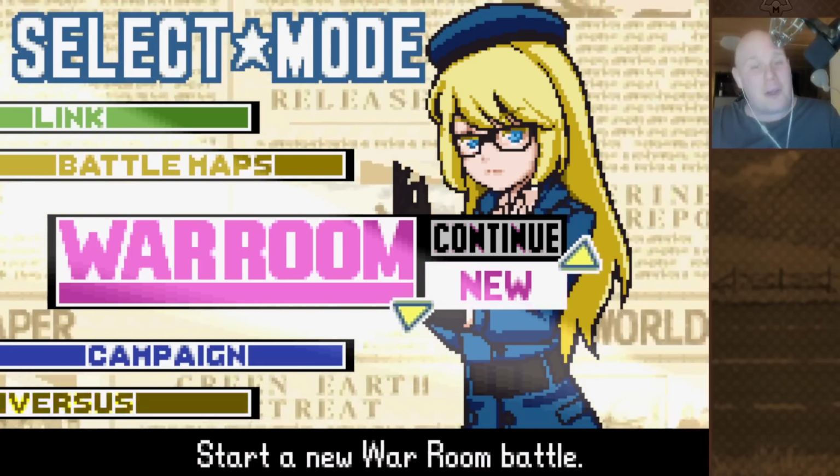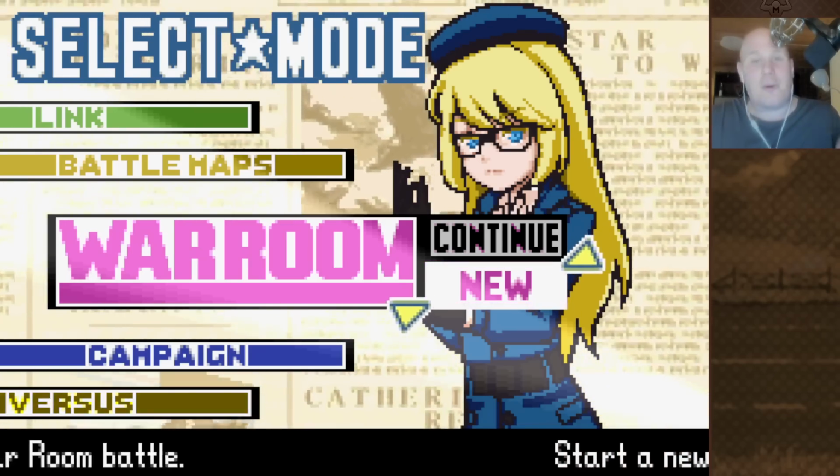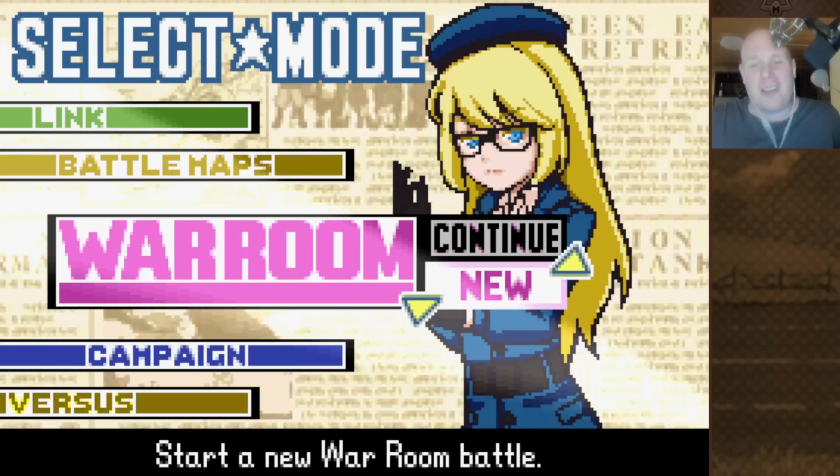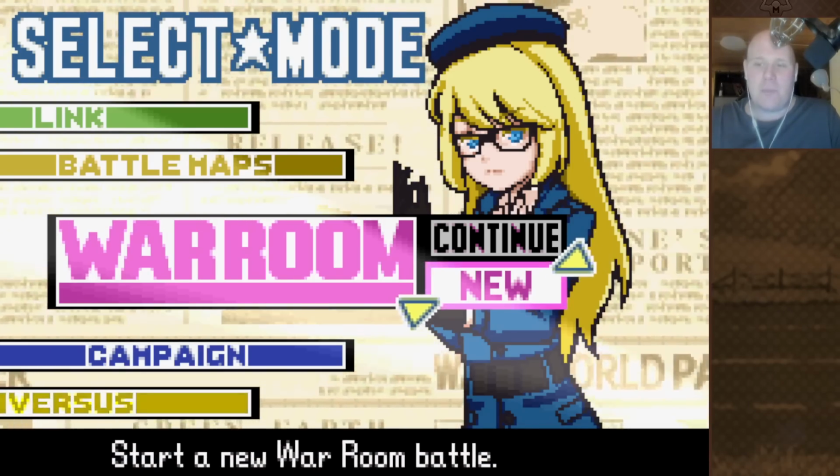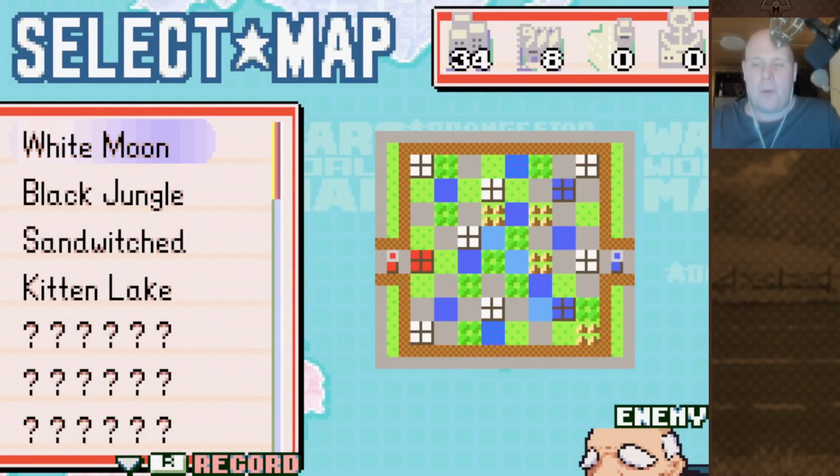If you look around, maybe there's a clever way to get all the COs at once. I'm not gonna say anything more than that, though. You'll have to explore. But yeah, we are going to be playing the first war room map, White Moon against